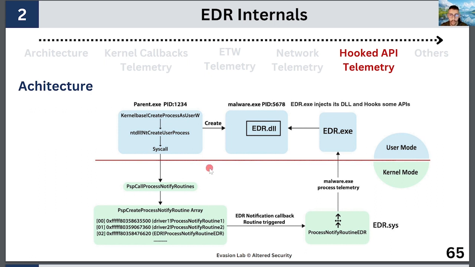The Windows kernel processes these requests and calls PspCallProcessNotifyRoutines, which iterates through registered process creation callbacks stored in the PspCreateProcessNotifyRoutine array. This array contains multiple registered callbacks from different drivers, including EDR.sys, which is the driver used by the EDR solution. Once the EDR driver's callback is triggered, this process notify routine,